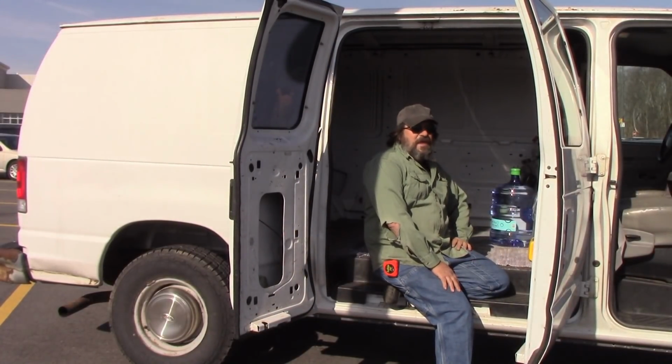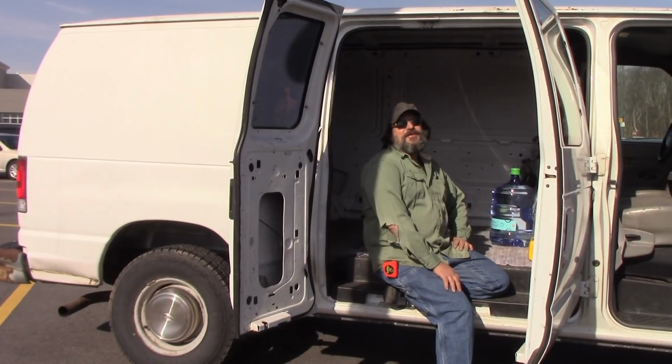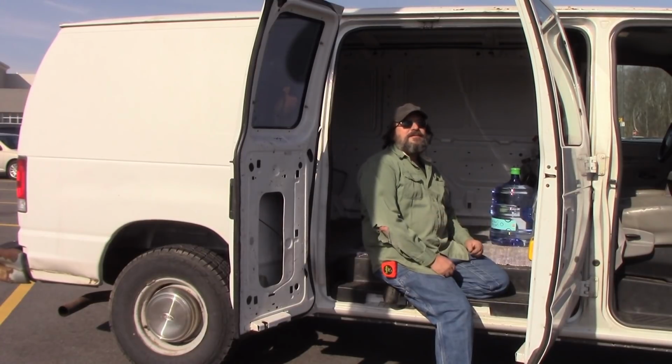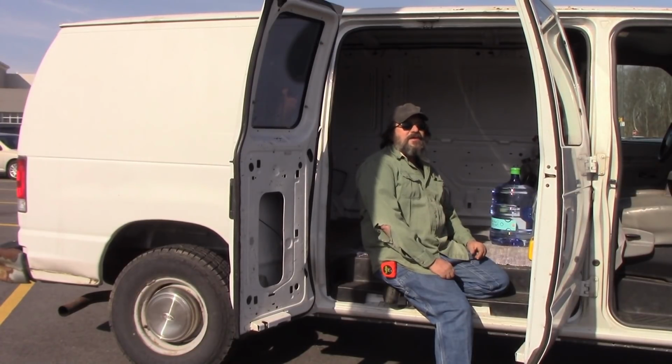This whole van thing's going to be an interesting journey. What have I got myself into, right? Yeah, it's a blank slate. Thinking about the whole process and everything that's going to be needed, it's one thing to think about it and try to visualize it in your head. When you get to the point where, okay, here it is, it becomes a reality, and really